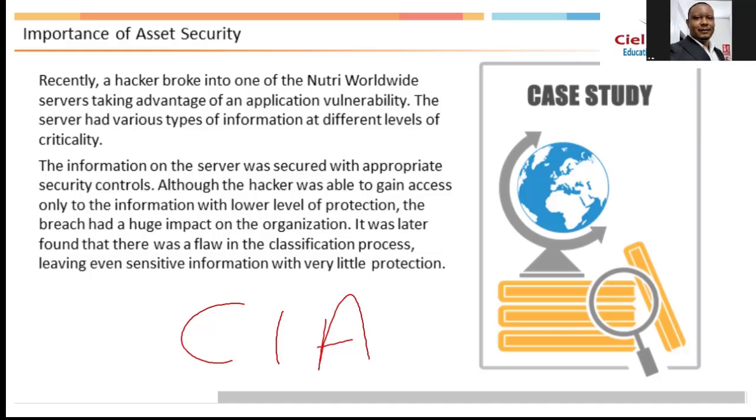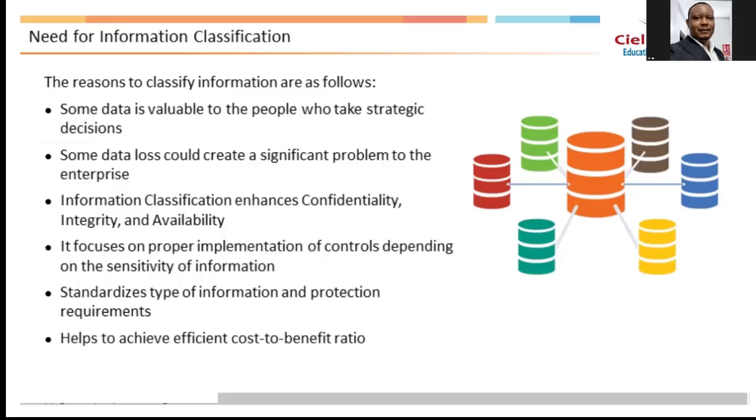Because if you have a situation where, for example, sensitive information is given a lower level classification, it means if it goes out, it's probably going to have a severe impact on the organization. So that's part of the reason why it's quite necessary to do information classification. And talking about information classification